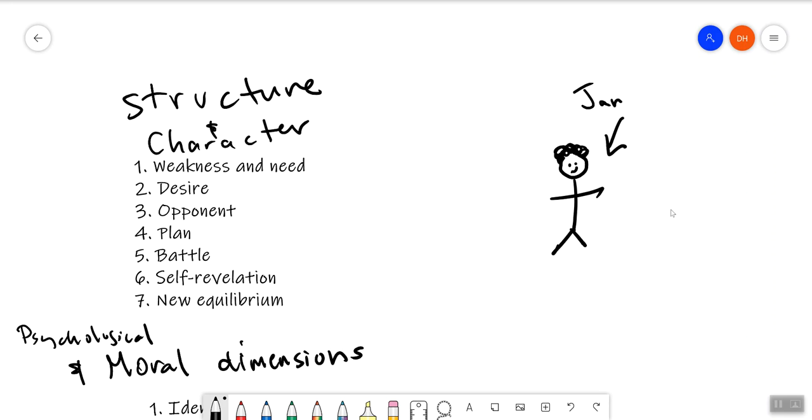Hi, everyone. I want to take a moment today to look at this idea of structure and character, as you can see here in my terrible handwriting at the top. A lot of this discussion comes from a book by John Truby called The Anatomy of Story. So, a lot of my discussions are going to come with modification from his book. It's a really good book. If you have a chance to check it out, I highly recommend it.